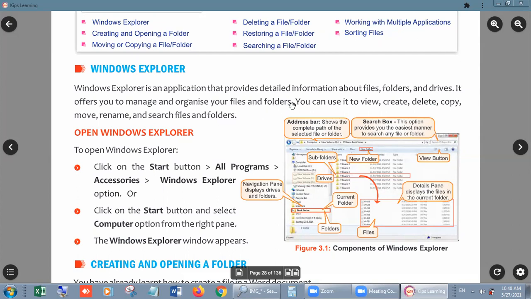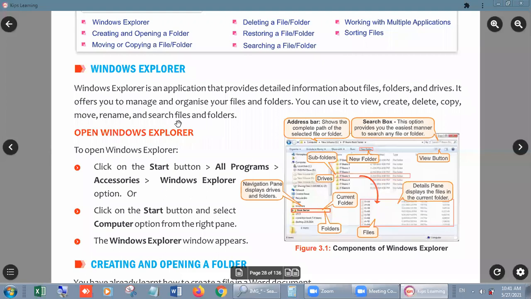In Windows Explorer, we can change the place of a folder or a file. We can view, create, delete (which means erase), copy (which means make a duplicate), move (which means shifting), rename (which means another name), save with another name, and search files.